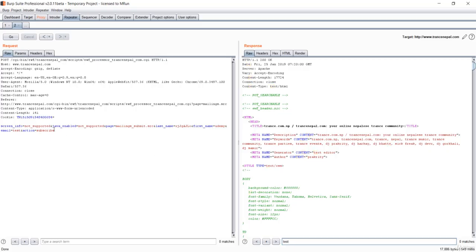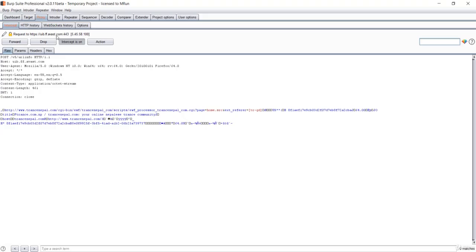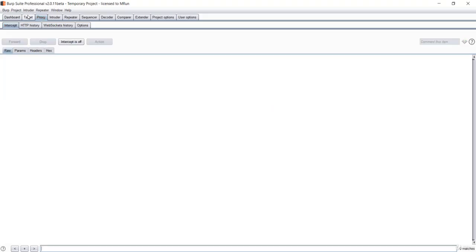Let's go now for the last name. I think this last name is also not vulnerable. Let's check this one. I'll say something like Sachin, and press go. Let's see if this one is vulnerable or not. Sachin is also not vulnerable because it is not reflecting back. That means no parameter in this URL is vulnerable. Let's go back and make sure that intercept is off over here.